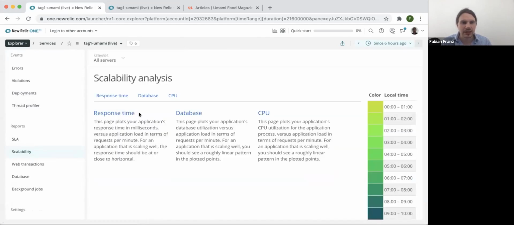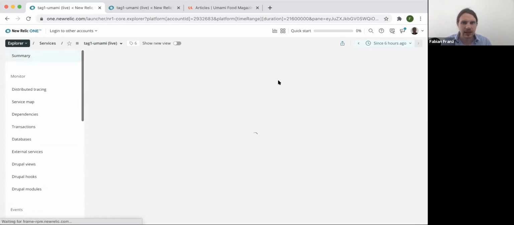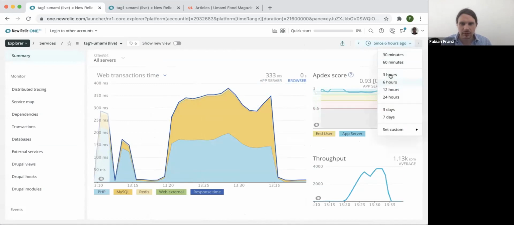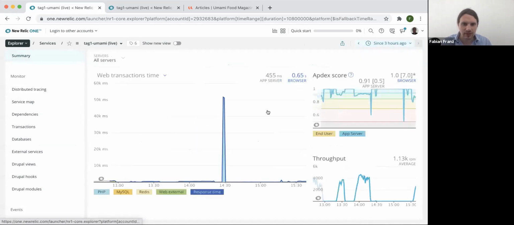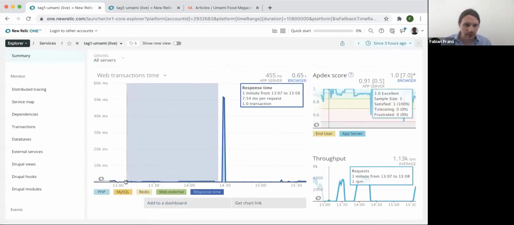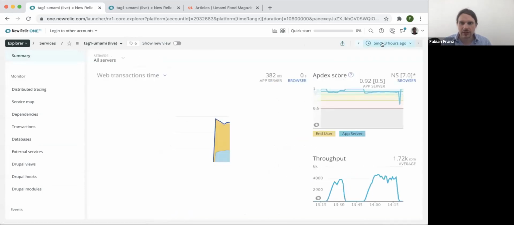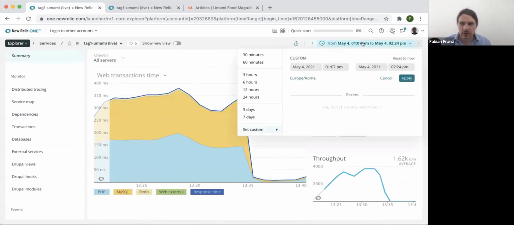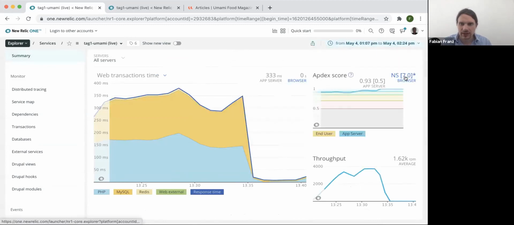So if we go up here over to scalability, and it didn't take my zoom, that's the wrong one. Okay, let's go. Sometimes New Relic in the newer UI does not take the zoom you want. So let's take that again and click apply.